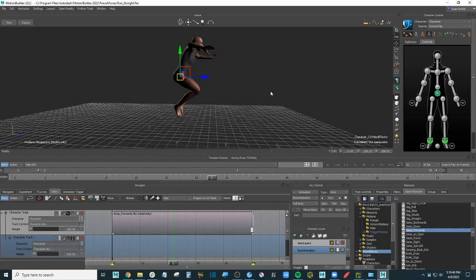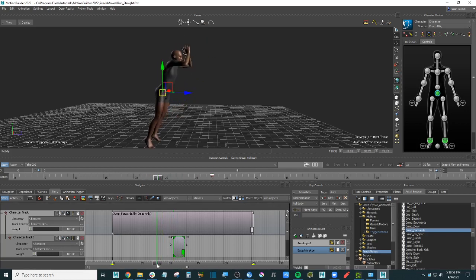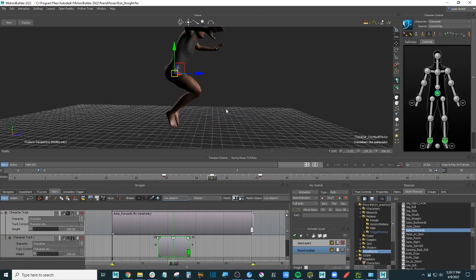So you select the control rig, you press key, and as soon as you press key, you will see a pose that you can move as a clip. So let's say I don't want to touch this pose, the takeoff pose. I press key again, and I go to this key, the landing pose, and I press key again, so I know this key and this key are untouched. So I go to this key,